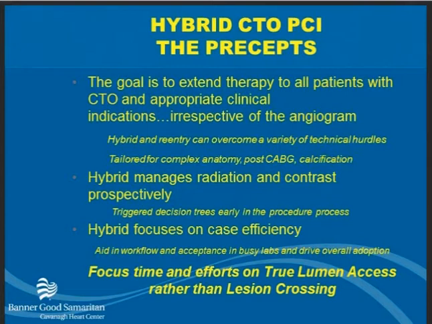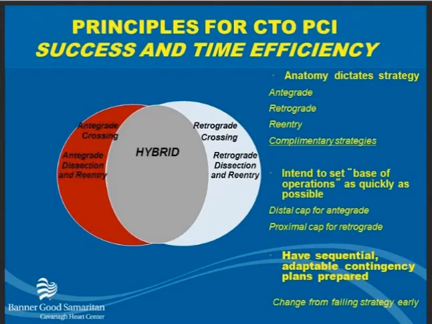So what are the principles for CTO PCI? To make it simplified and to really make it understood uniformly, we like to divide it into antegrade wire crossing, retrograde wire crossing, antegrade dissection reentry, and retrograde dissection reentry. What that does is take away the terminology and jargon that can be awfully confusing. Terms like CART and reverse CART can really be simplified into retrograde dissection reentry, with antegrade dissection reentry being the alternative form of reverse CART when performed antegrade. The principles usually relate to the anatomy,